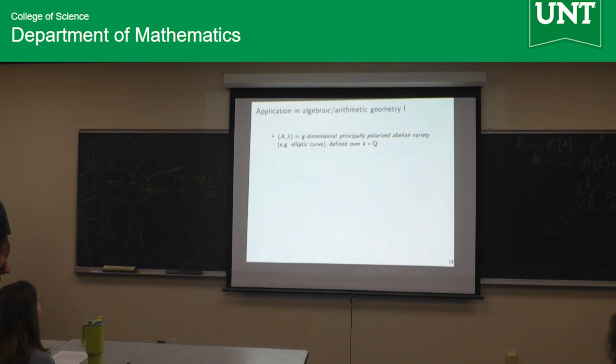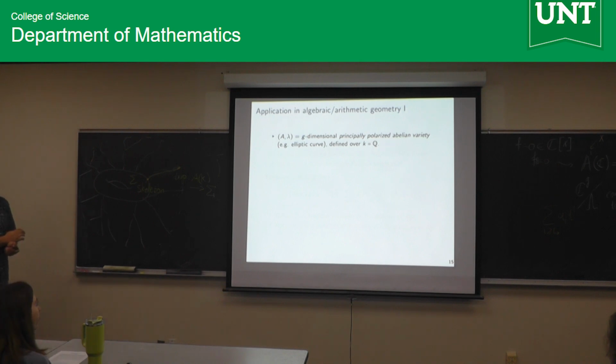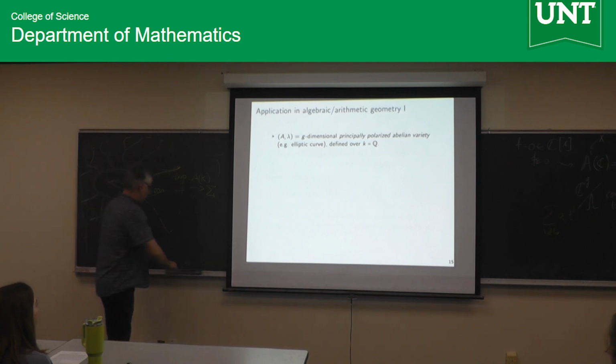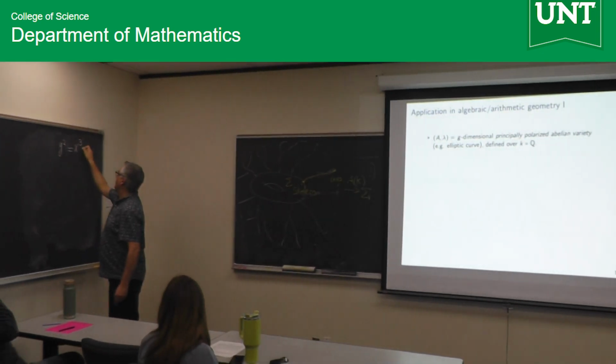Okay, now the last 2 slides, I have to apologize to the non-number theorists, which is a good number of you. But I just want to say that all this abstract nonsense, all these very concrete things, has an abstract nonsense application. So very quickly I'll say a couple of theorems. I want to finally deal with the abelian varieties, and I want to give you 2 theorems about abelian varieties. The first one, so I start with a g-dimensional abelian variety. I realize I shouldn't assume everybody knows what that is, but I hope you know elliptic curves. If you don't know, just think of solutions of this very particular equation.